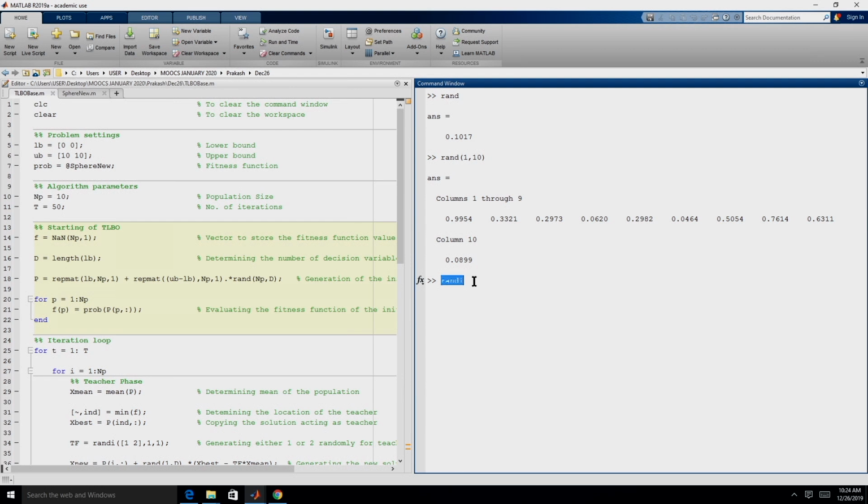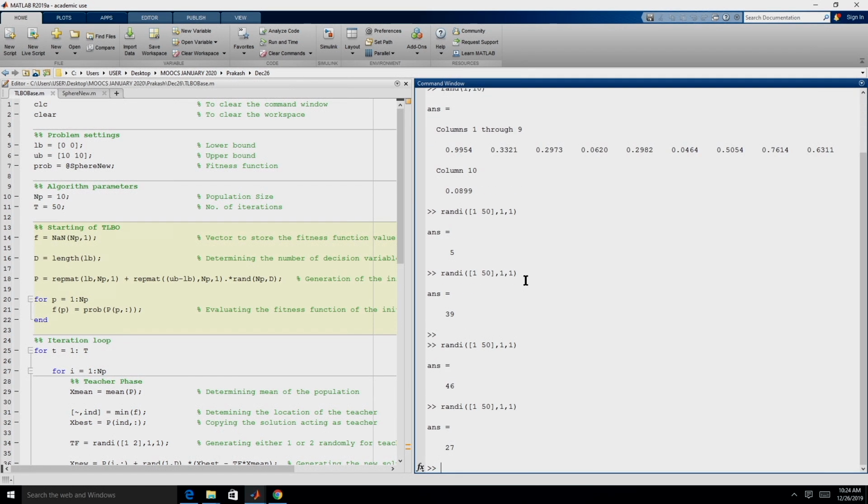For the syntax of randi, if we require random numbers between, let us say, 1 and 50, and only one variable, we are saying between the numbers 1 and 50, give us 1 row 1 column, that is, a scalar. This will give us a random integer between 1 and 50. If we keep generating it, we will obviously get different values.